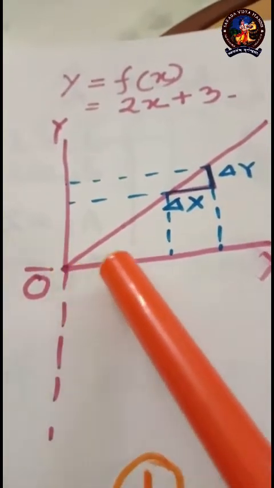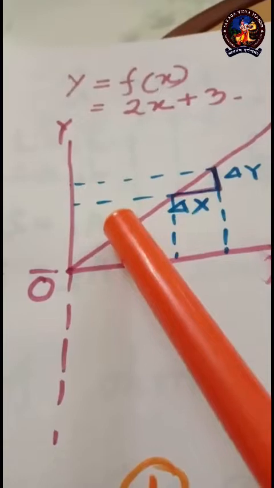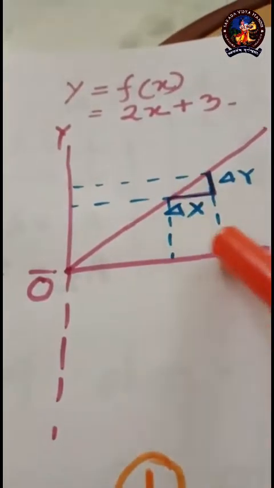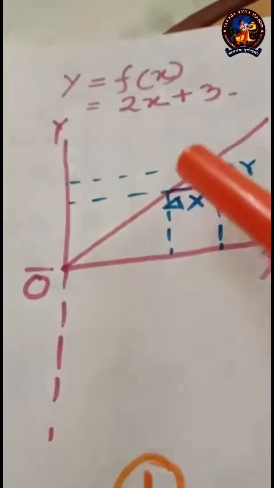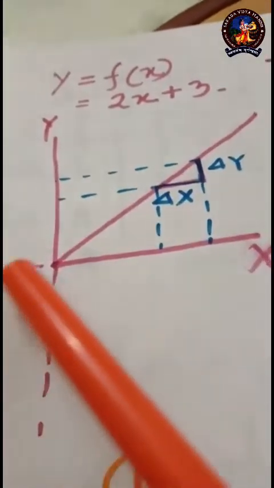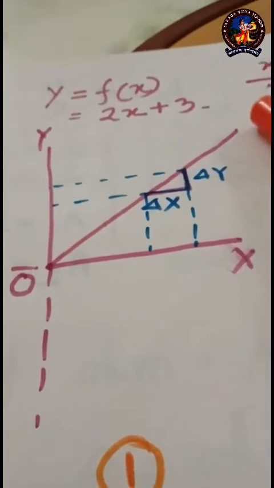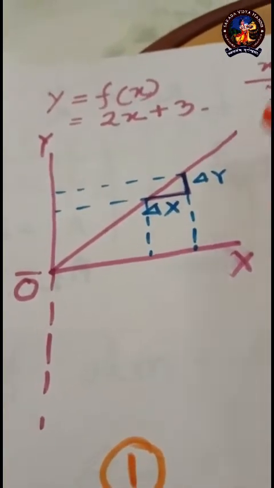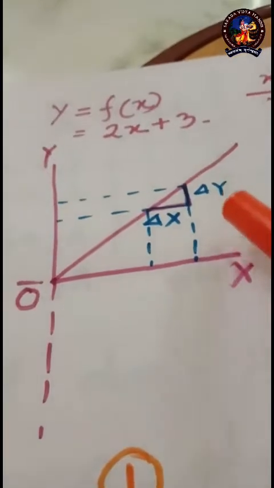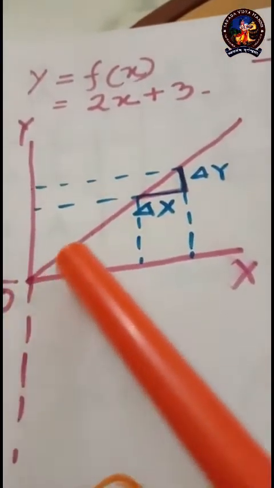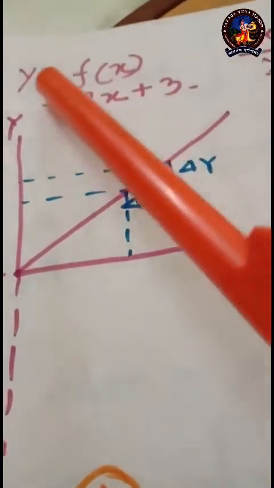So along x we will be counting and along y also we will be counting, and suppose in that way x and y, x and y, in that way we will be having so many points, which are to be joined by a line, and we will be having the graph. So I think so far you can understand, because already you have done the graphical representation. Now this is the graphical representation of this.